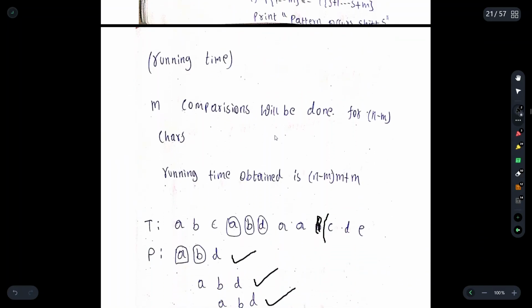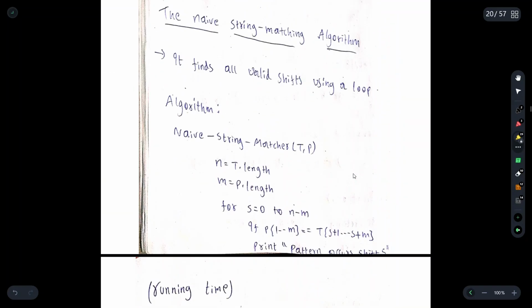So for the running time, m comparisons will be done for n minus m characters. So the running time which is obtained here is (n minus m) into m plus m. So we need to just remember this. This is the running time which is obtained in this